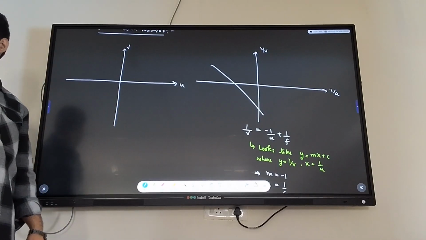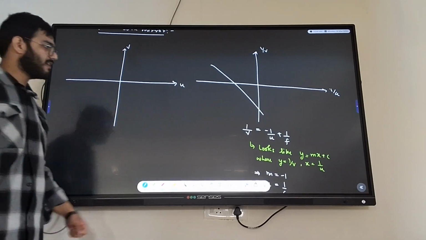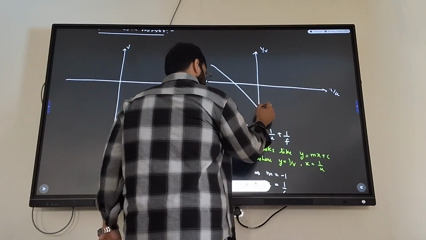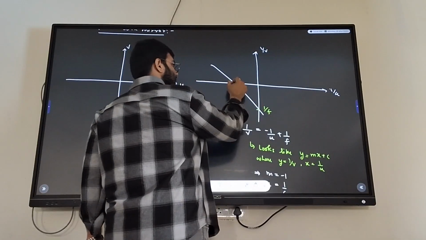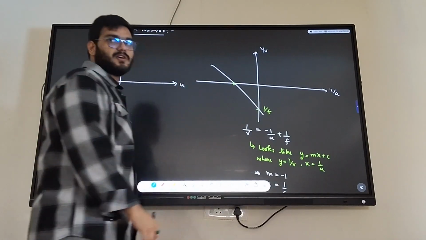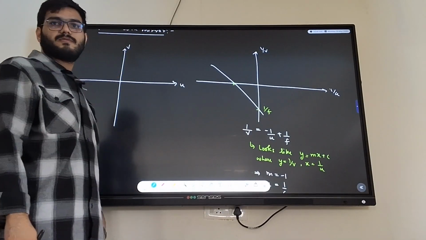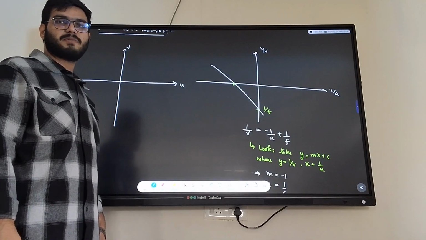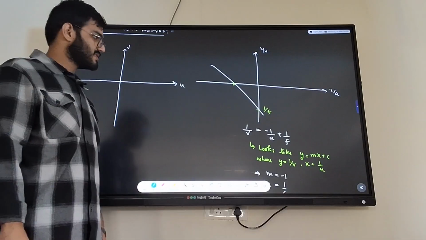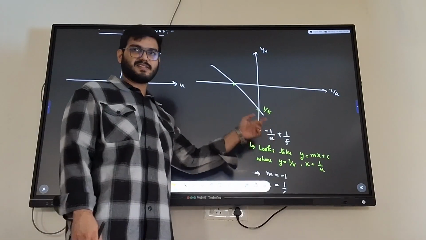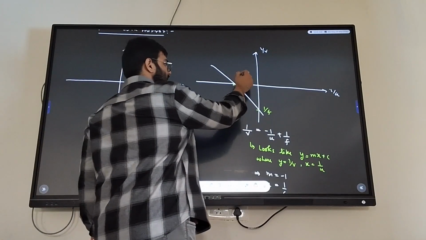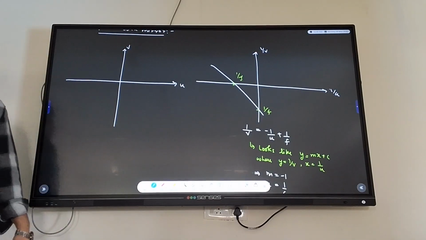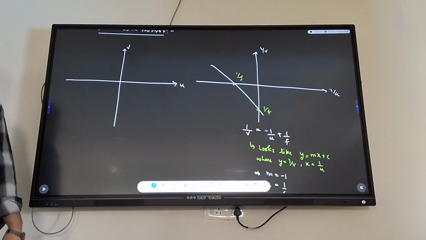Yes or no? This is my graph. And where it cuts is 1 by f. Can somebody tell me what this coordinate is, where 1 by v is equal to 0? Then what is 1 by u equal to, just by looking at the equation? It's 1 by f again. And this is my line. As simple as that. This was the simpler graph.